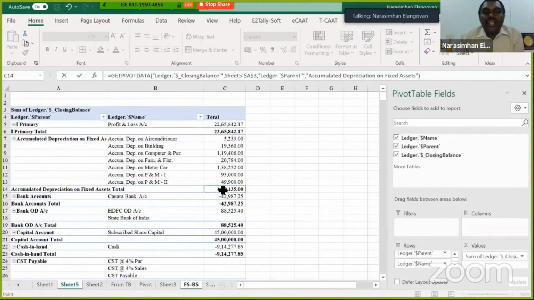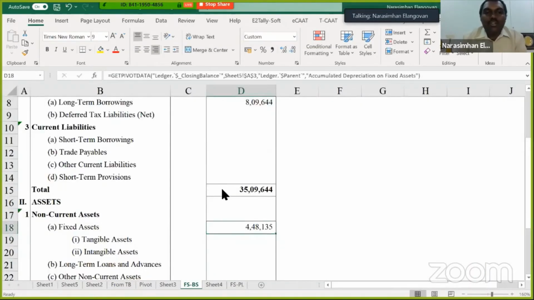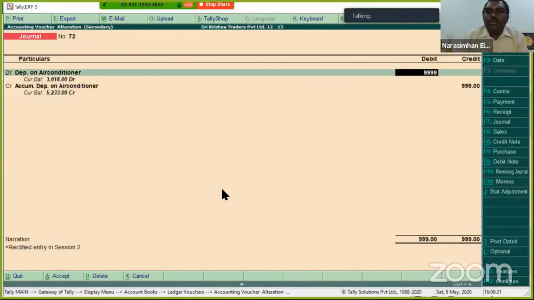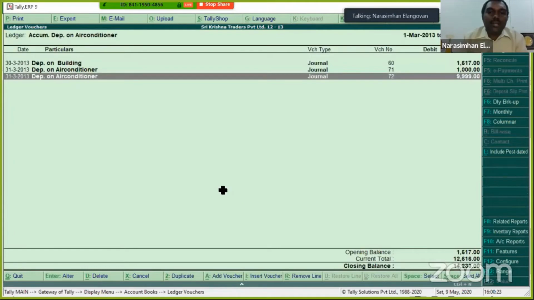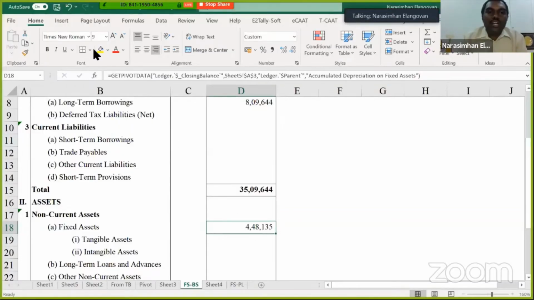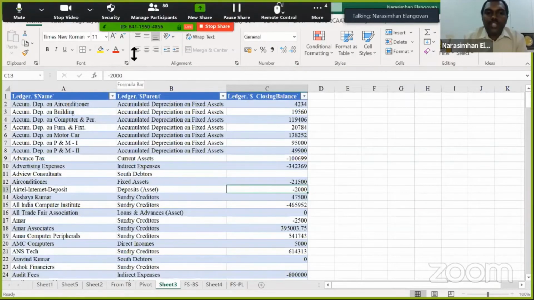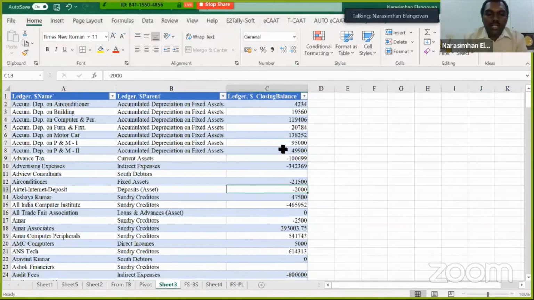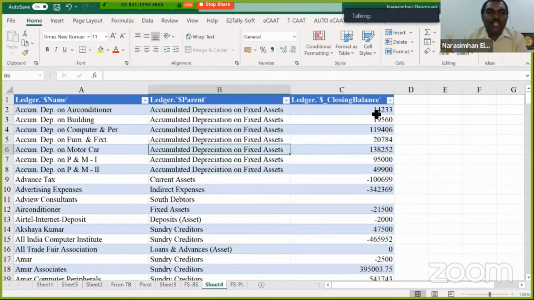Now, the moment I link it, my dear friends, every time an entry gets passed, okay, in accumulated depreciation, let us presume now I change it to 4 9s, the entry is updated. Now, obviously, this amount should get updated. So let's come back to my Excel sheet, which is my sheet 3. Look at the number. Let us see what the number was. I think this was the sheet. Right click, refresh. The sheet is getting updated. This becomes 1423. Correct.